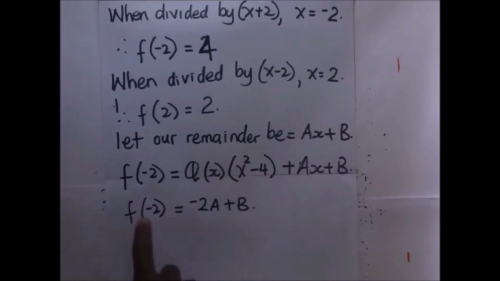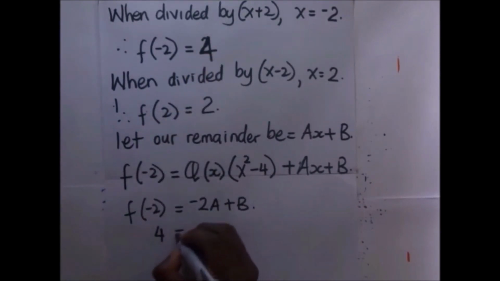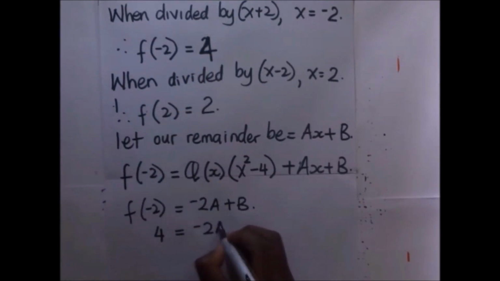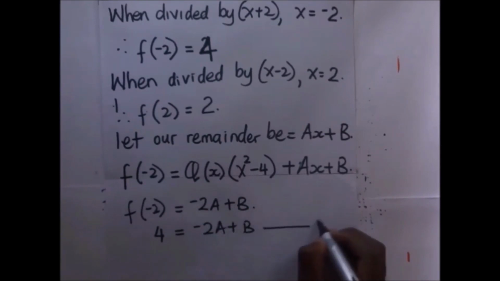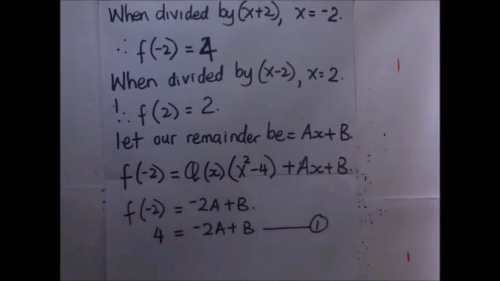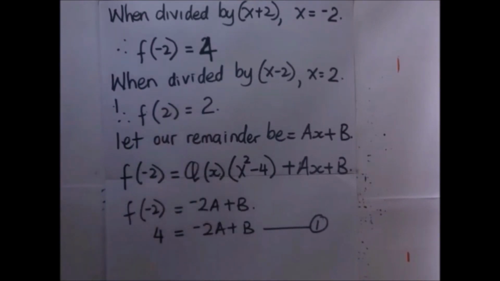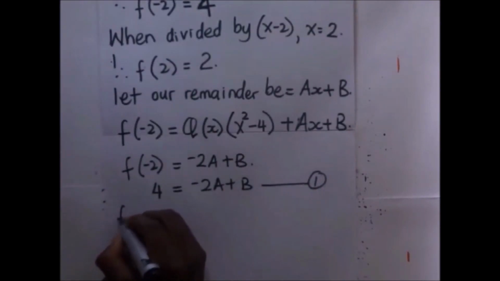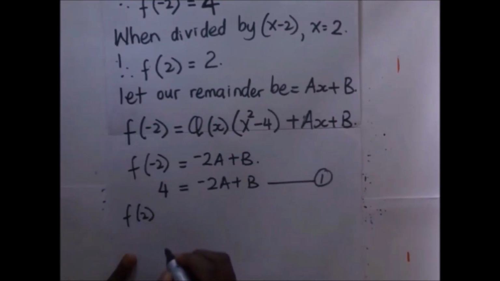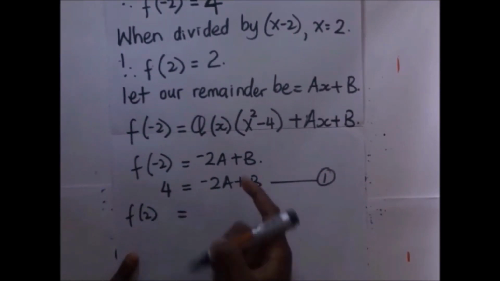And we know that f of negative 2 is giving us 4. So it means that 4 is going to give us negative 2a plus b. That's our equation 1. So we go to the second case when our value of x is 2. When we put our value of x here, 2, f of 2 is going to be equal to,